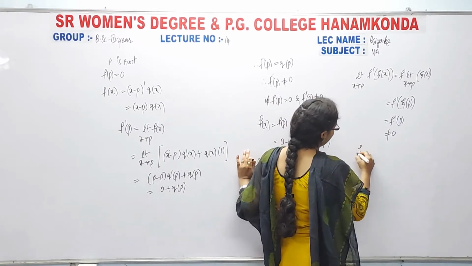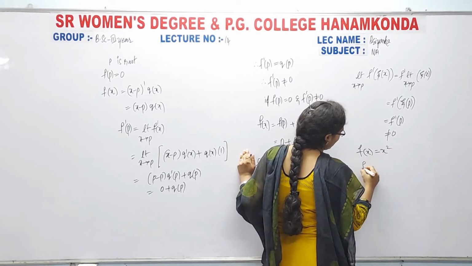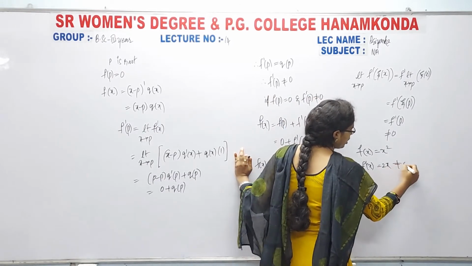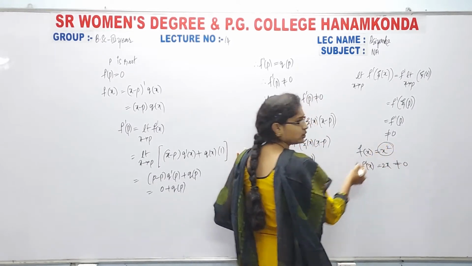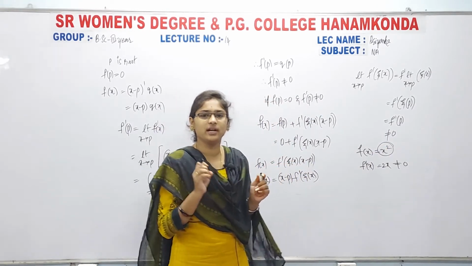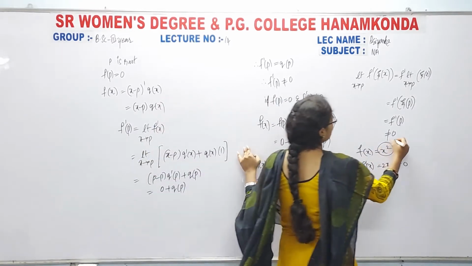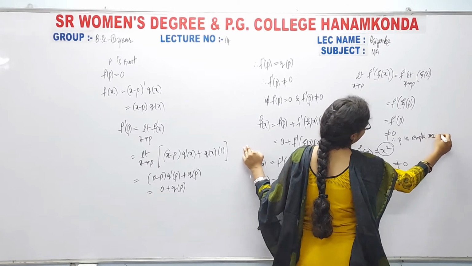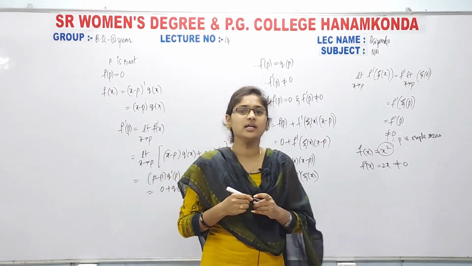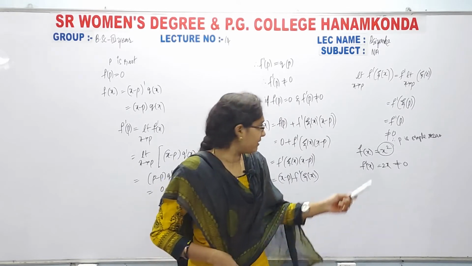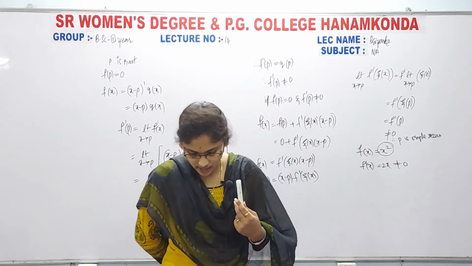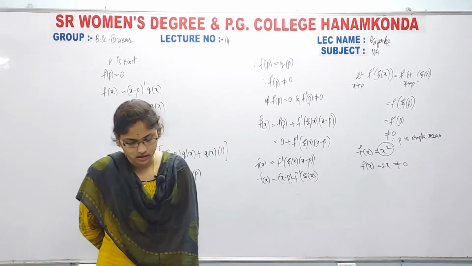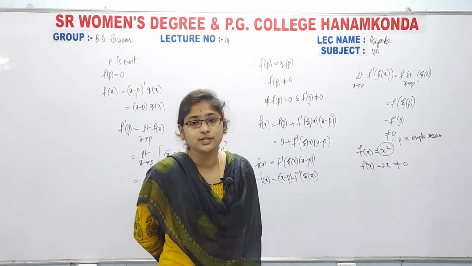See clearly, here f of x is some x square, now f dash of x, what is the value, 2x. I am saying that it is not equal to 0, so obviously there is some value. So for that definitely one root will exist, so therefore you can say that p is a simple 0, like this you have to mention, and this is the theorem. So now write down f dash of p is not equal to 0. Next write down therefore f has a simple 0 at p.